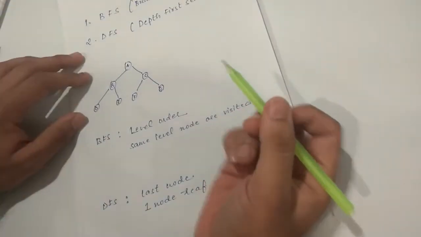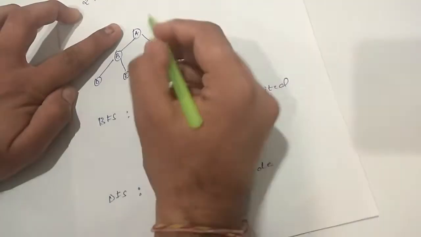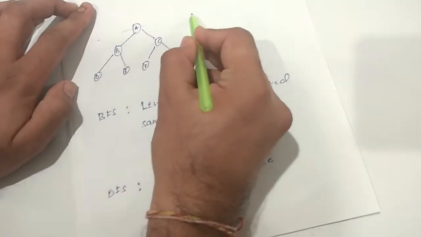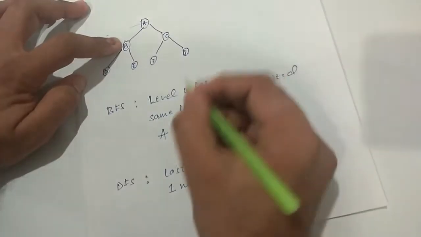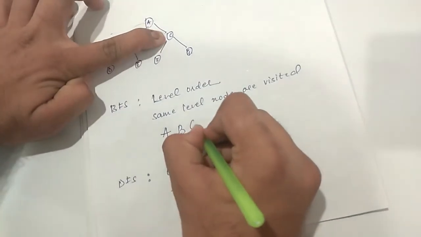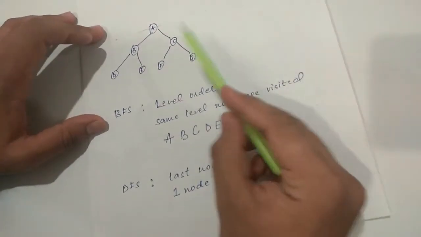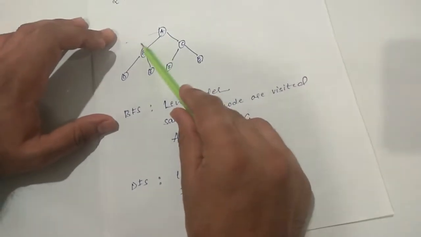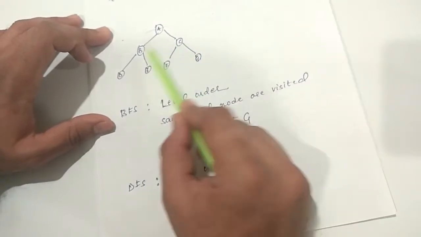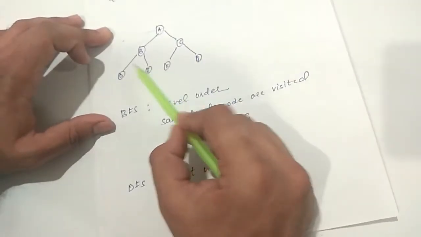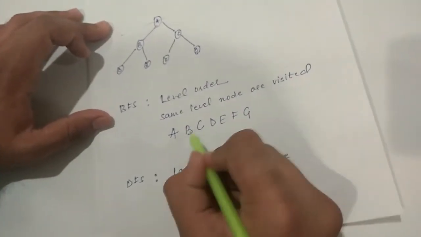So let us try to traverse using BFS starting from this node A. Using BFS in this level there are no further nodes. So first traversal is A. Next in this level there are two nodes. So B and C. Next for this level D, E, F and G. Now the sequence of this doesn't matter, but it should be in a level order. First I'm writing A, then you can write C, B also, or you can write G, F, E, D, or you can write E, F, G, D, but all the same level coordinates.